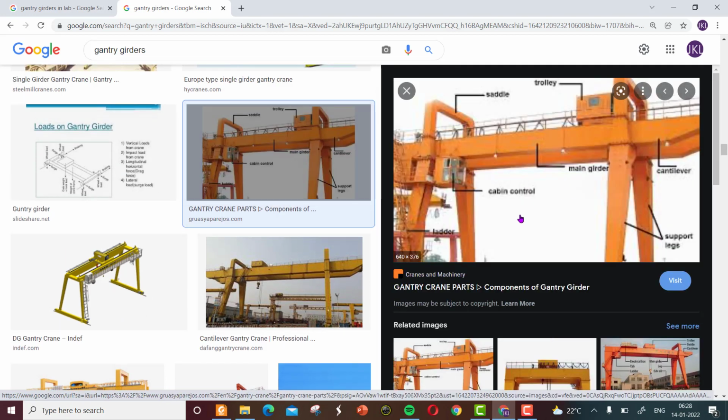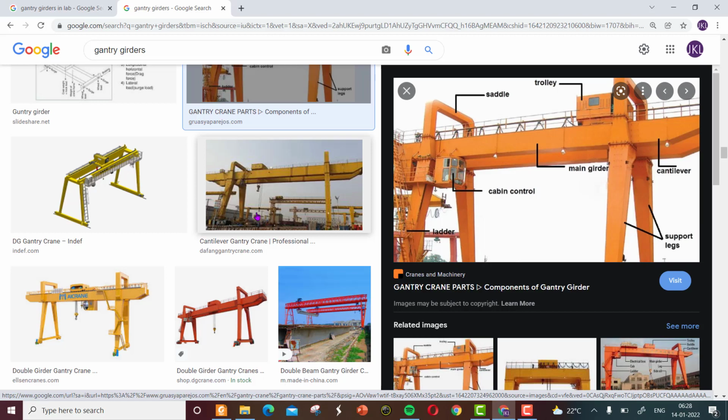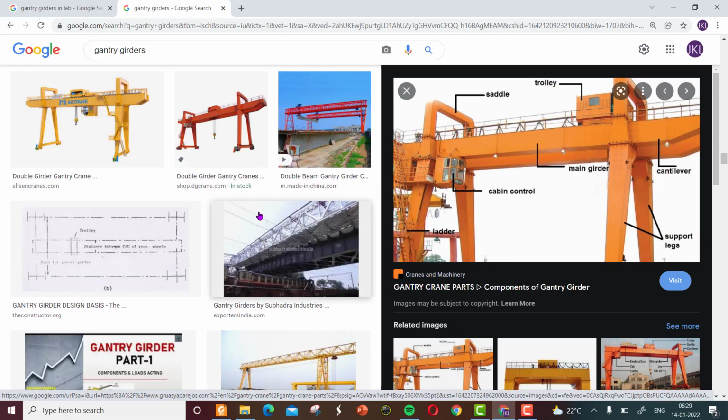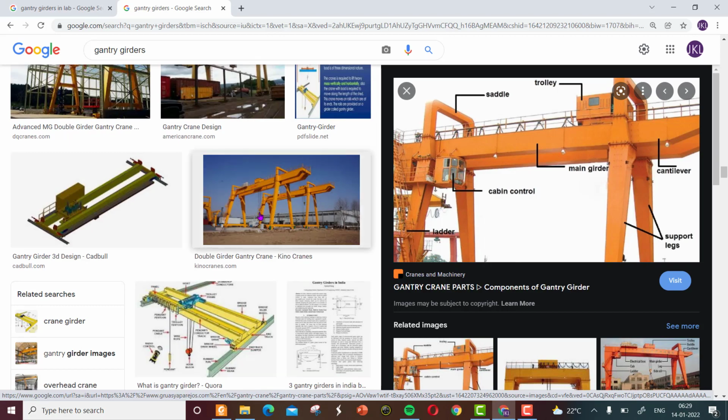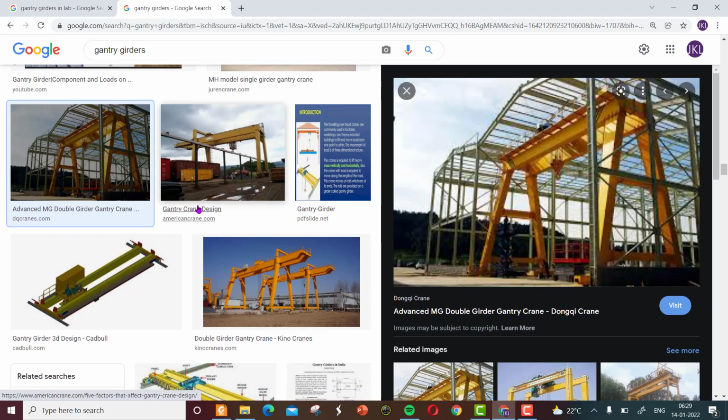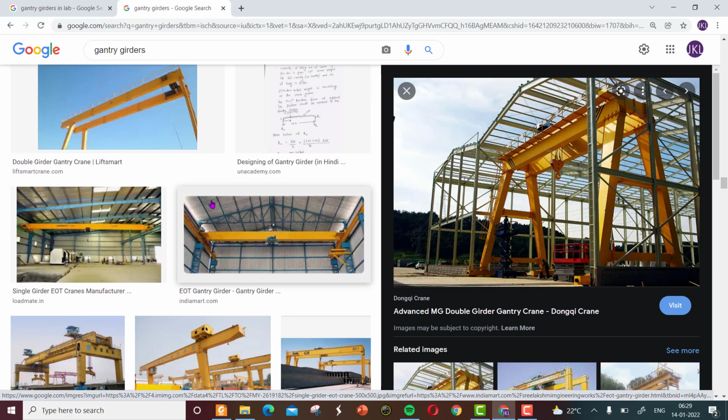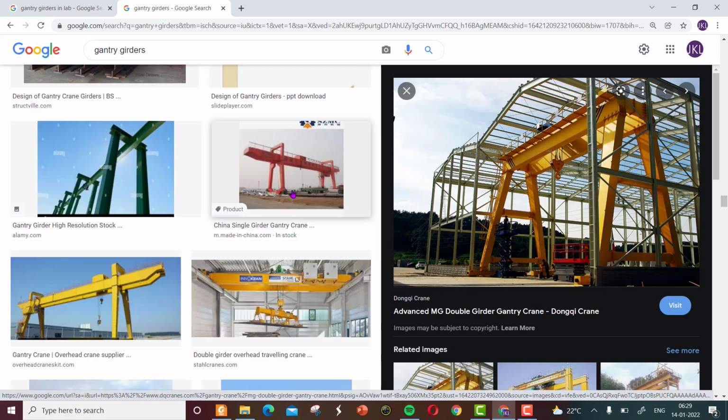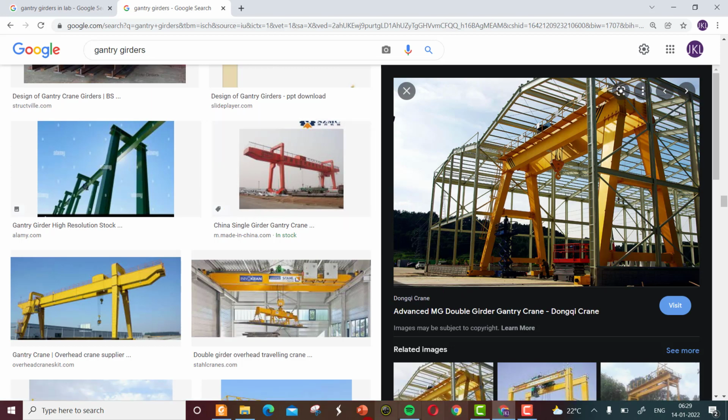These are some other types of photos, other views of the crane bridge arrangement. You can explore by yourself by typing Gantry Girder into Google, and you can see different photographs for getting familiar with the Gantry Girder. Okay, so coming back,